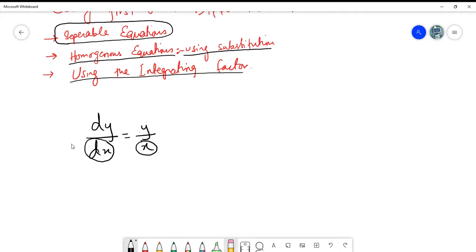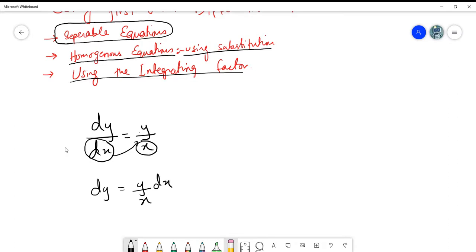So basically we have to bring y and dy on one side and x and dx on one side. So we'll try to separate them this way. So let's take dx on this side, leaving us with dy equals to y over x